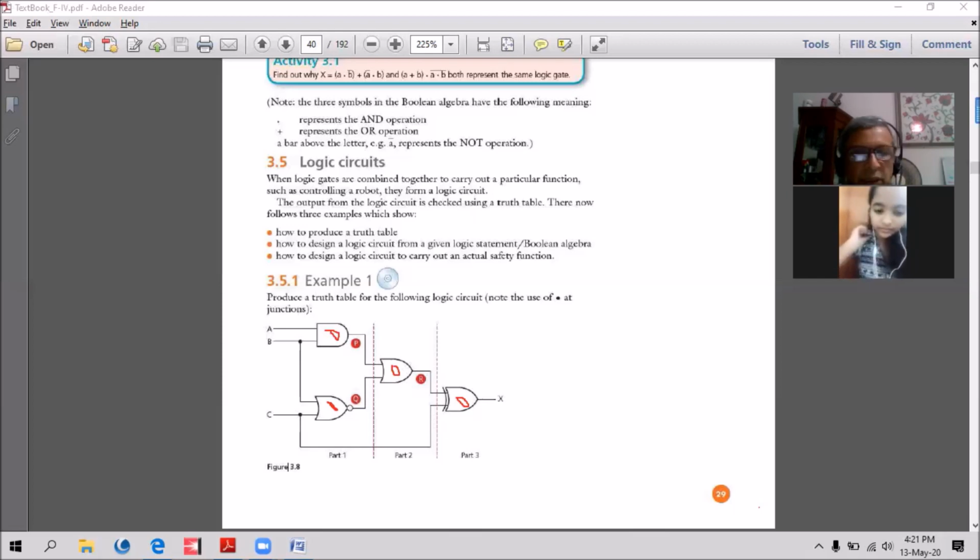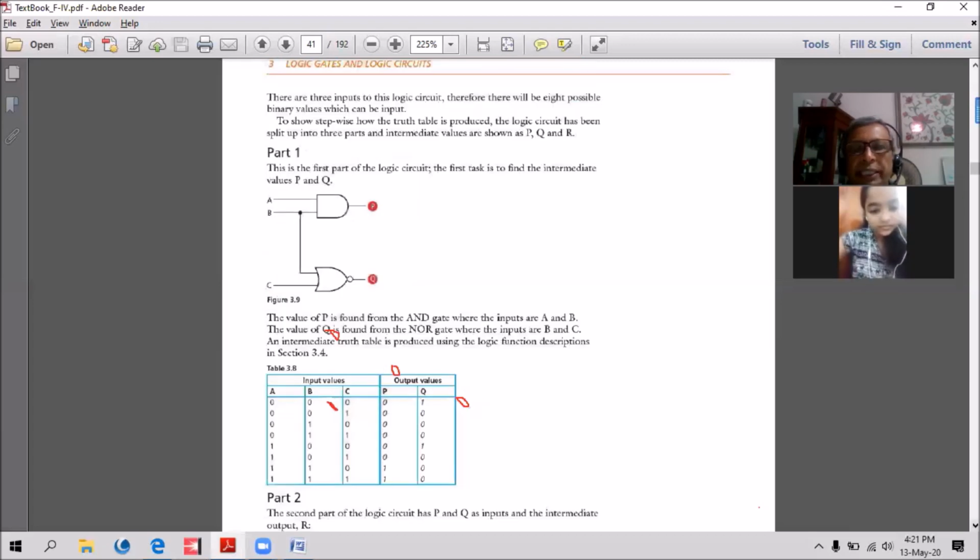Let's see how we try to solve this problem. So many gates we have not done. No? We have done for 1 gate. Each single gate we have done. No? Last time we did.